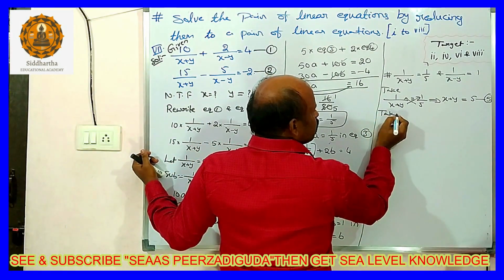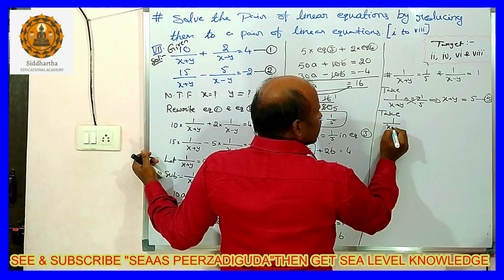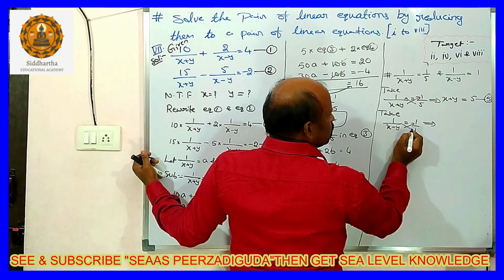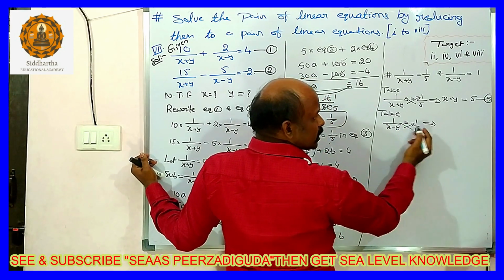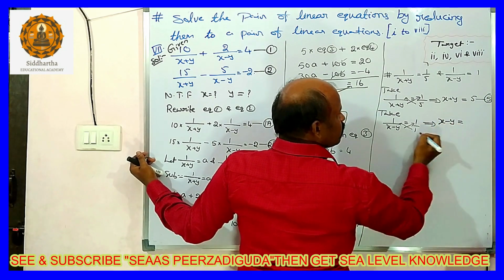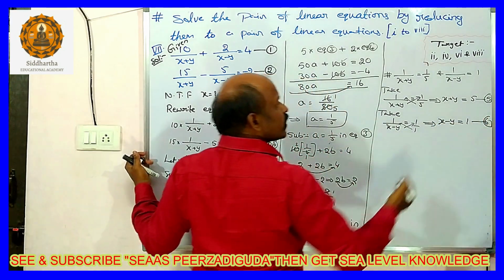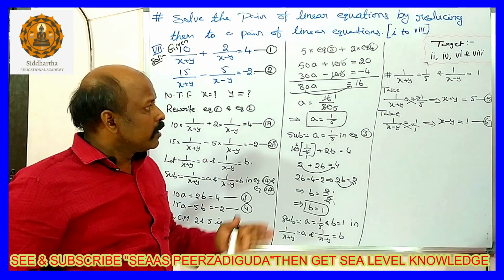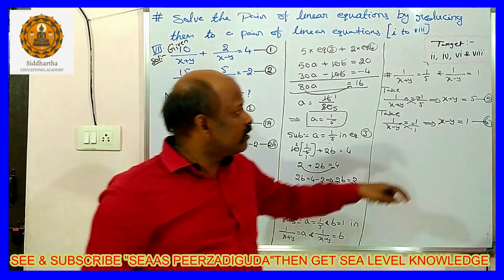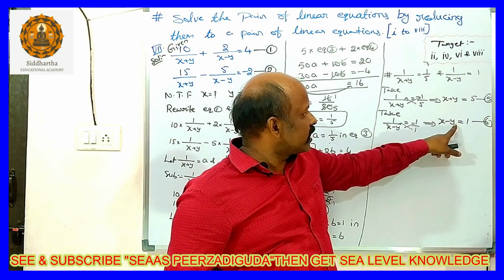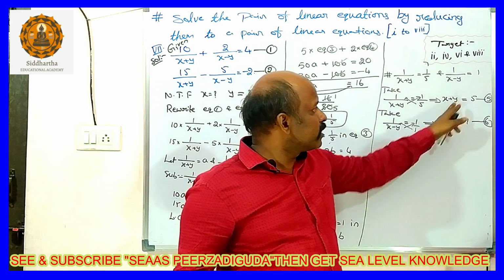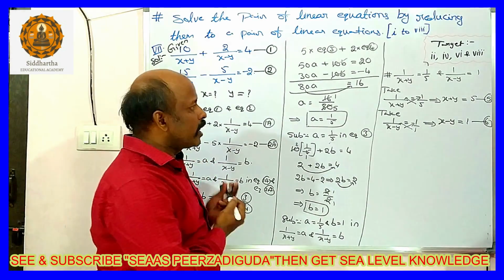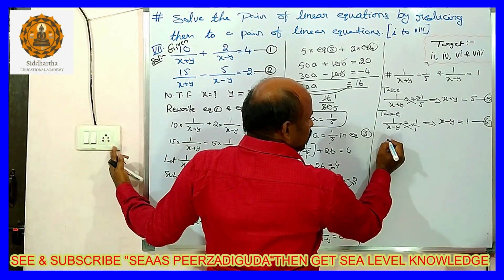Now one more I am going to take over here. 1 by x minus y is equal to 1. Now here nothing is there, means by 1 cross multiplication. 1 into x minus y is equal to 1 into 1, equation number 6. After getting 5 and 6 equations, we have to do addition. Why am I doing addition? Means here y is having plus symbol, y is having minus symbol. If you add, we can cancel the y terms. If you subtract, we can cancel x terms. But I am doing addition over here.